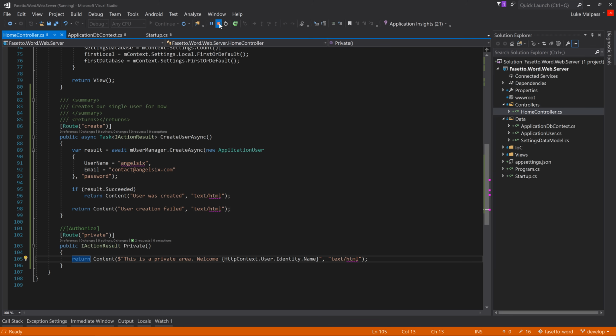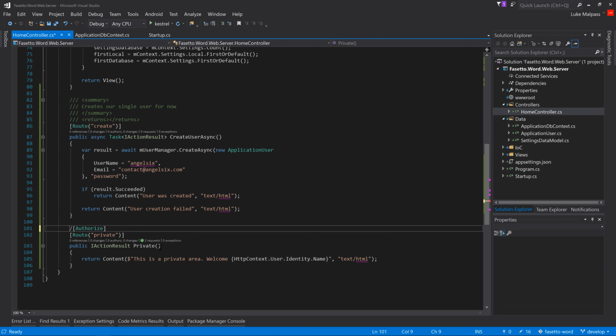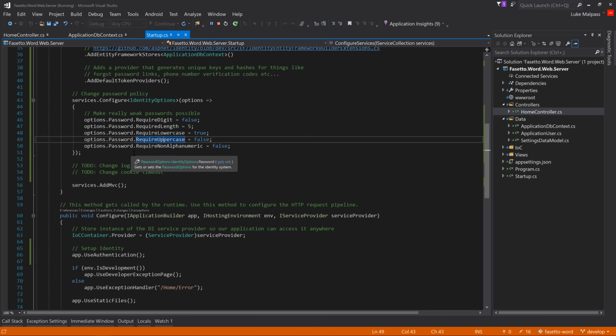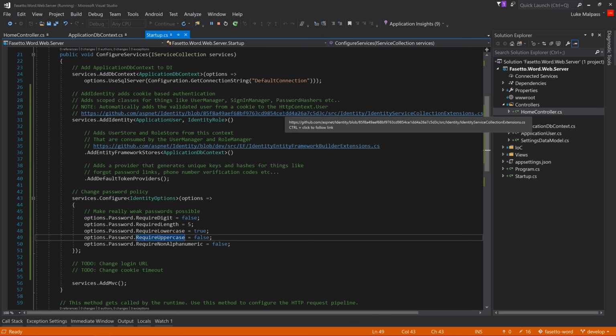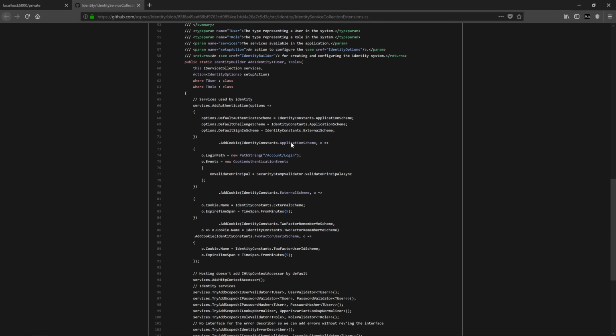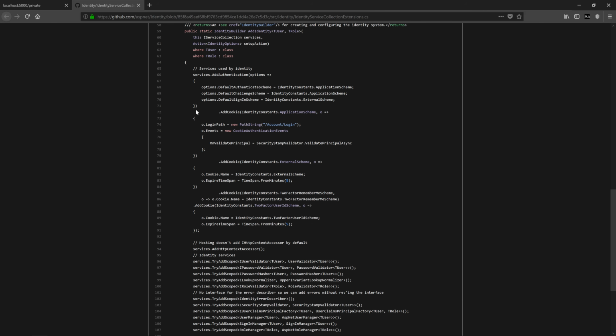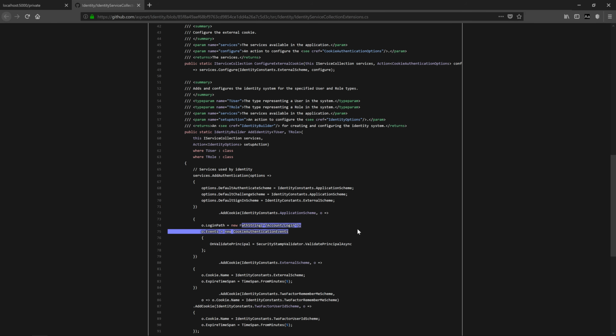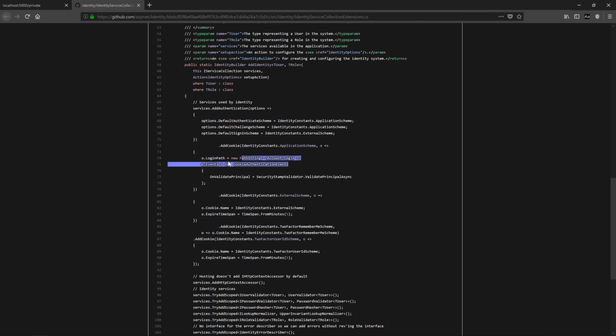So then what happens if we now lock this area out and run? So now what should happen is the identity service that we set up in here should figure out that user is not allowed, and it should then redirect us to the login page, which again, if we open this link just to quickly show you, that link comes from here, where we do the add cookie for the application schema, and the account login is where we expect to go. So this login path means when they are unauthorized, where do you send them? And it sends them to